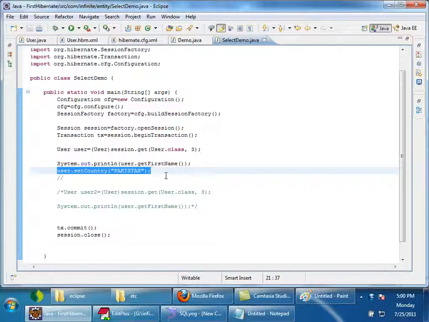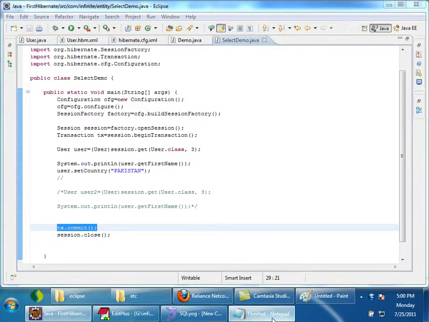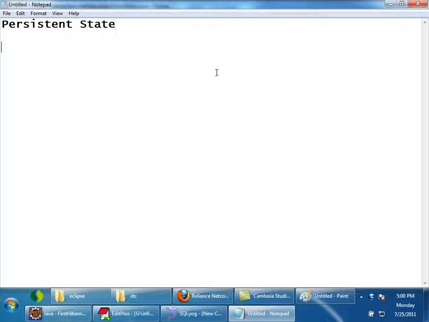Whenever we try to commit the transaction, Hibernate will detect all the dirty objects and propagate the changes to the database. This feature provided by Hibernate is called the automatic dirty checking feature.